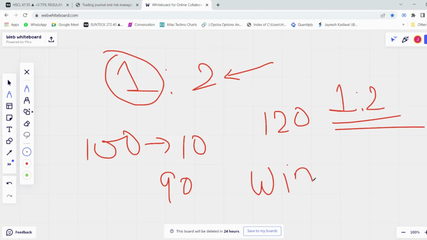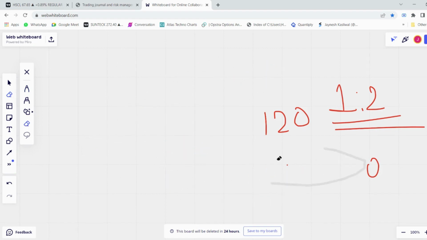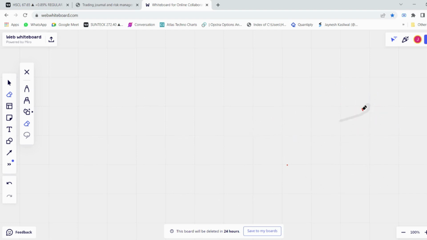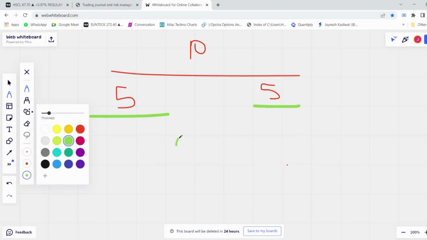ratio of say 50%? Now basically what win ratio means is, how many trades are you going to win out of 10 trades? Say we will have a sample of data, let's say 10 trades. Out of 10 trades, how many trades are we winning? That is what matters in a win ratio. So if we have 10 trades here, let us divide that: we are going to win 5 trades and we are going to lose 5 trades. Now even with 1 is to 2 risk to reward ratio, we are going to be profitable.